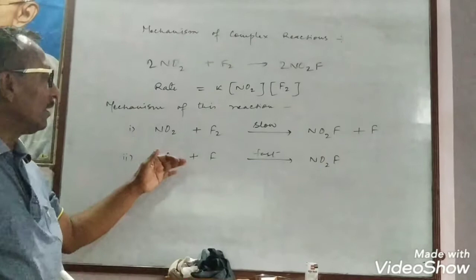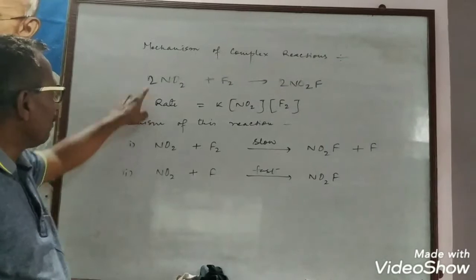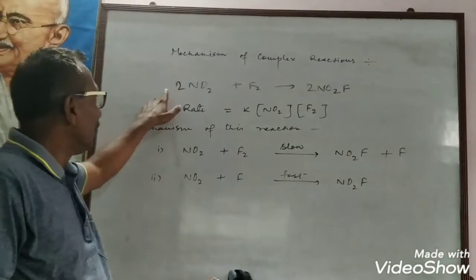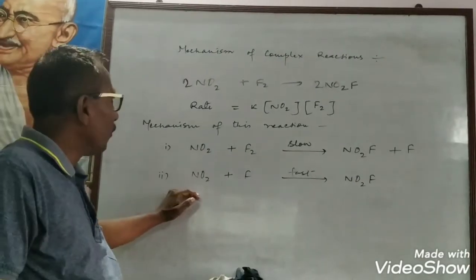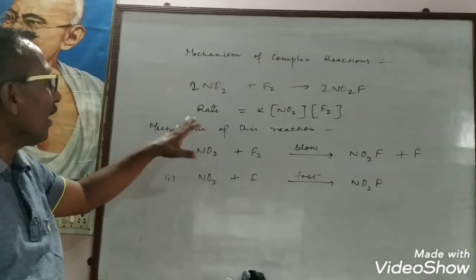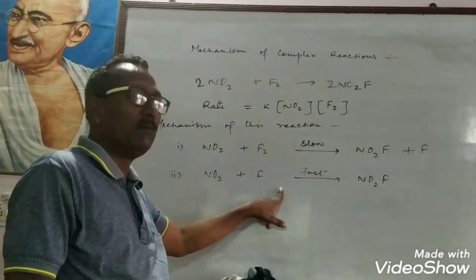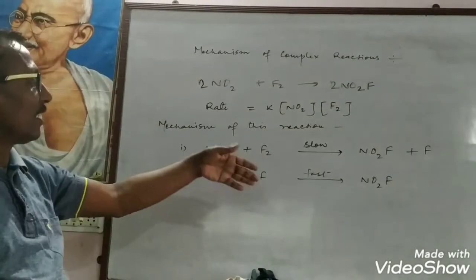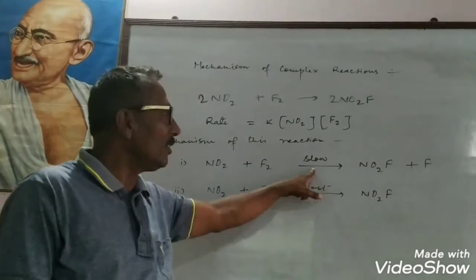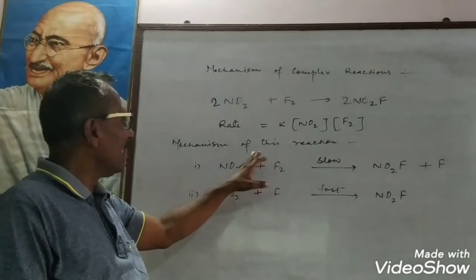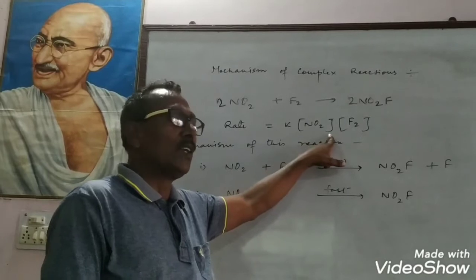Or sometimes there will be reverse question. You will be given mechanism for the reaction. This will be the reaction. These two mechanism parts will be given to you in the question, and the real question will be how to write a rate law from the given mechanism. So for writing rate law, we have to see the slow step of the reaction, because slow step of the reaction is taking part in the rate law. So this rate law can easily be written.